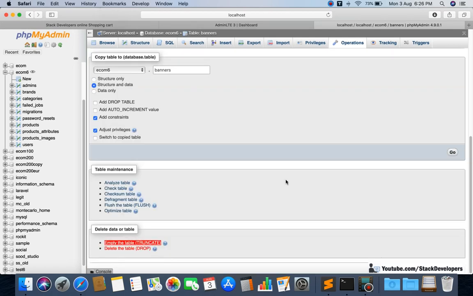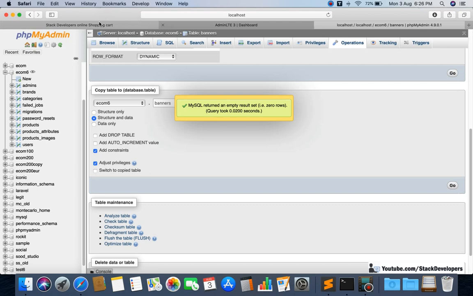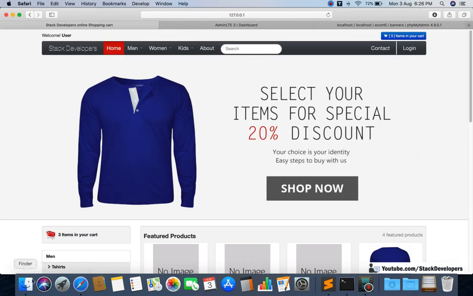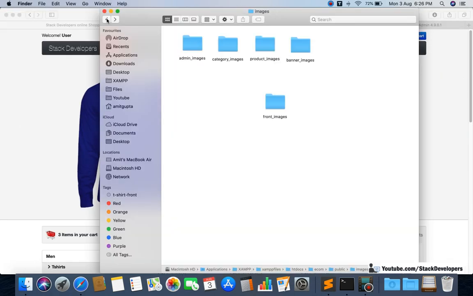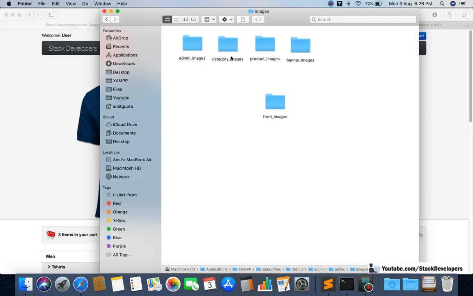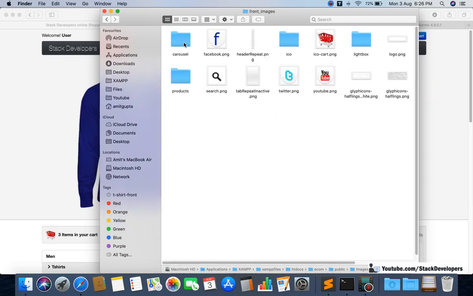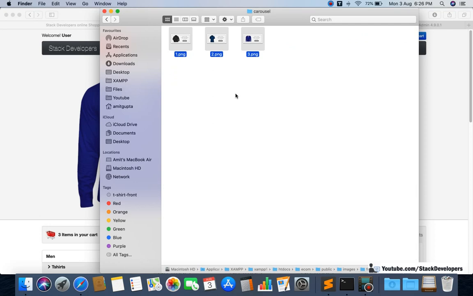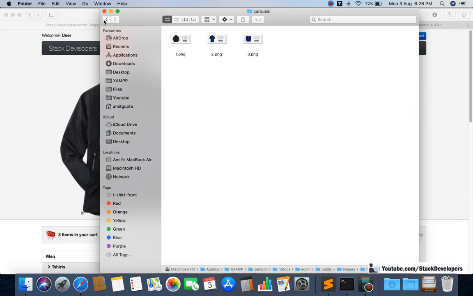You can make it empty from here as well. Before running the command, you can put those banners again in your folder. These three banners you can put once again.